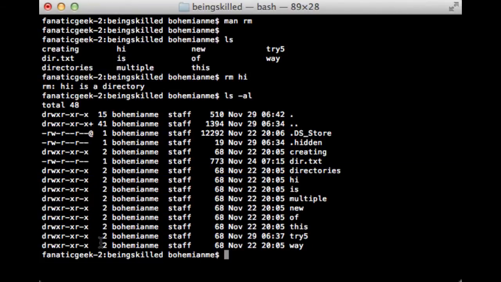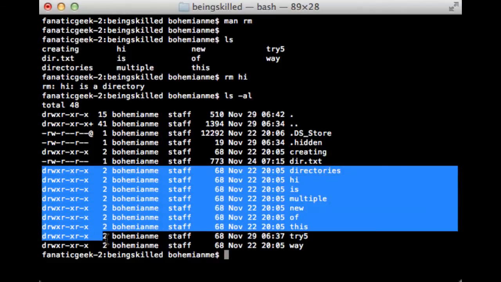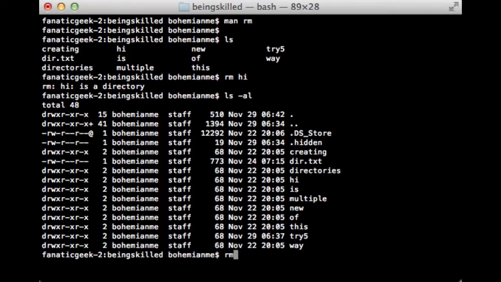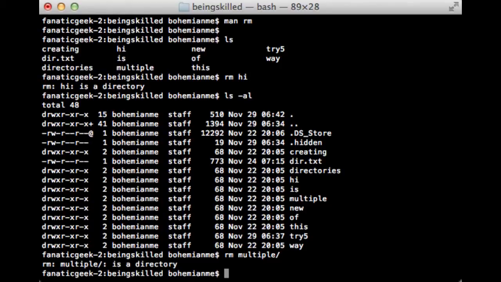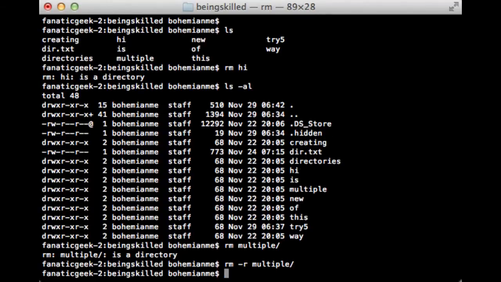In the permissions, every directory will be prefixed by a d. So as you can see, we have d here, which means it is a directory, and these all are directories. So these can't be removed just by typing rm followed by the folder name. They will be removed if you use rm -r.